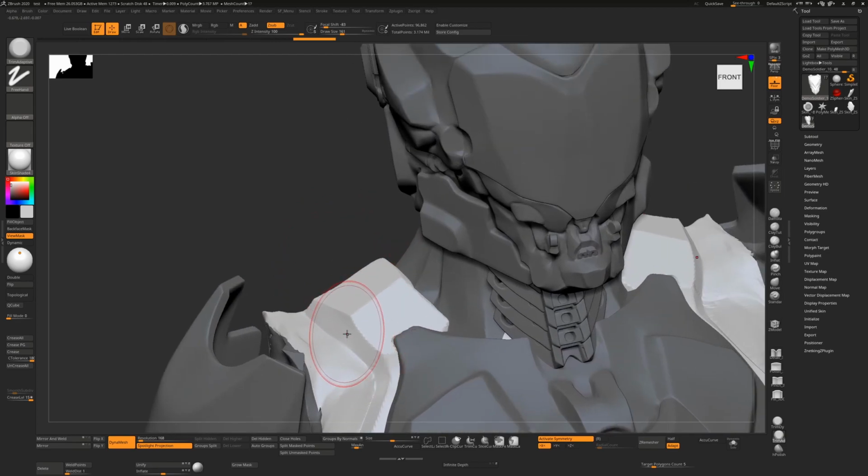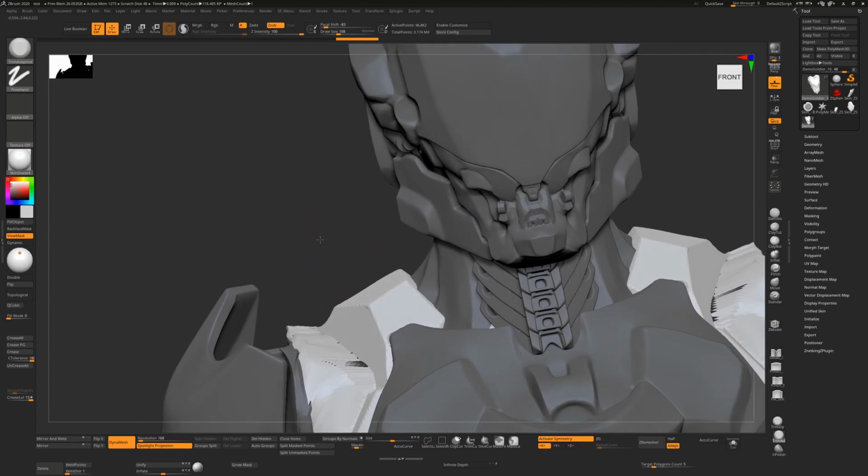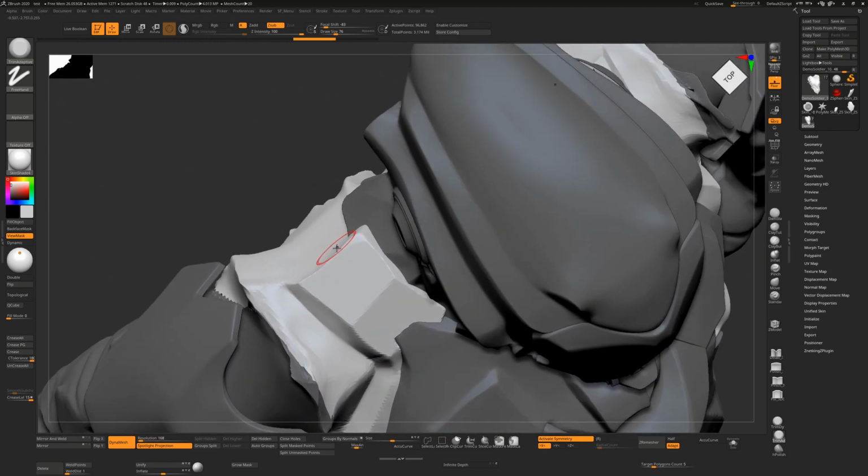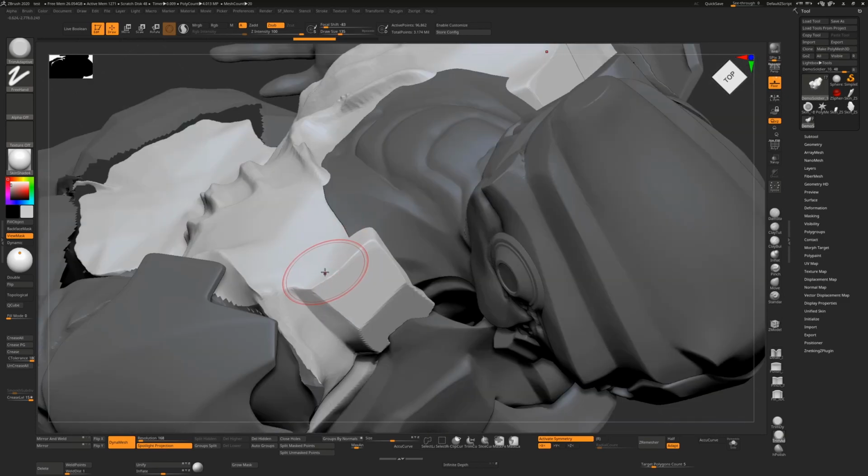To get to this angle here is a little bit more awkward, simply because there's another surface coming into it like this. So even if we do try and trim here, you're going to see that we're going to be destroying this other surface in the process, and it's not quite as intuitive as you'd like. We can try holding down Alt to push up instead of down, but that's still not going to make it any easier. But for surfaces like this where you have a plane that you know and you don't really care what's underneath here, I can take this, trim it down to that, if that's the angle that I'm looking for,